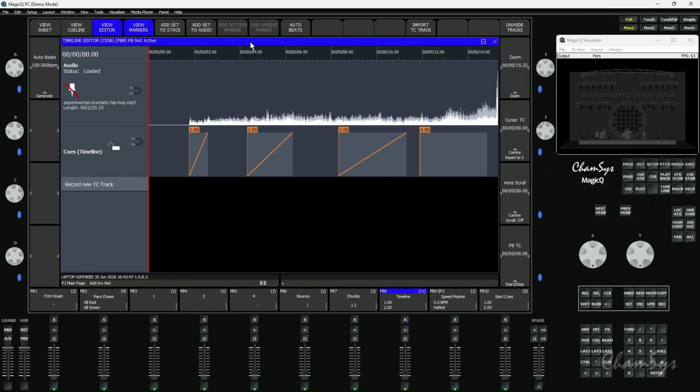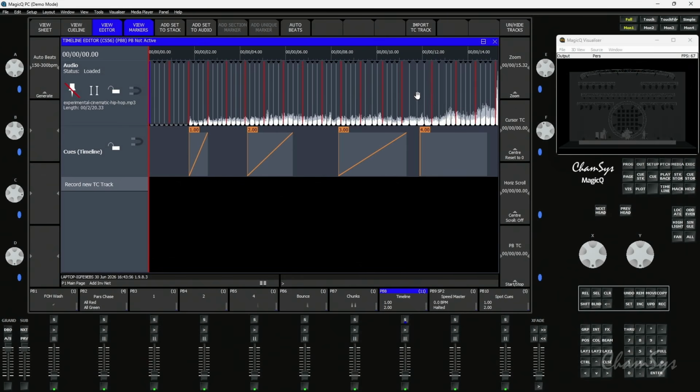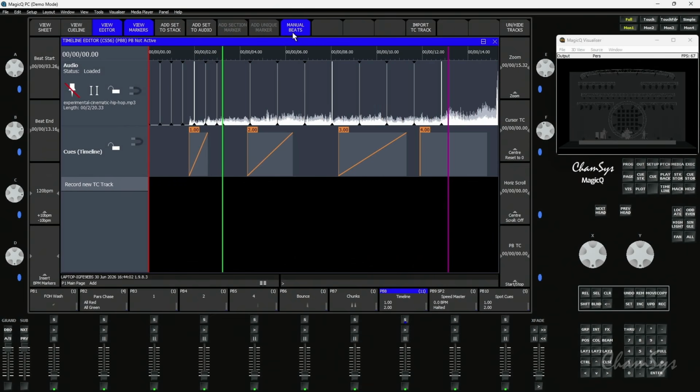But with beat grids, you have the auto grids, which I can hit generate, and it will then go through or look at my audio file here, and it will generate an automatic beat grid, show me beats and bars like so, based on the waveform we have here. Now one of your requests is to do manual beat grid. So if I go into manual mode here, you can see I've got a manual beat grid dropped in on